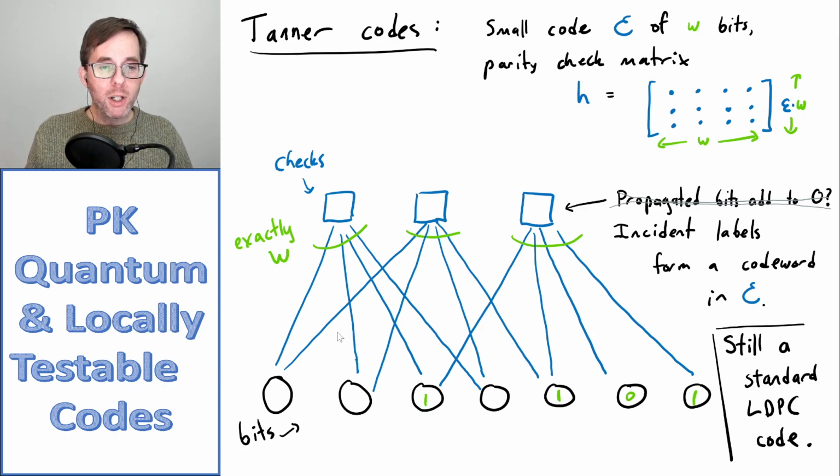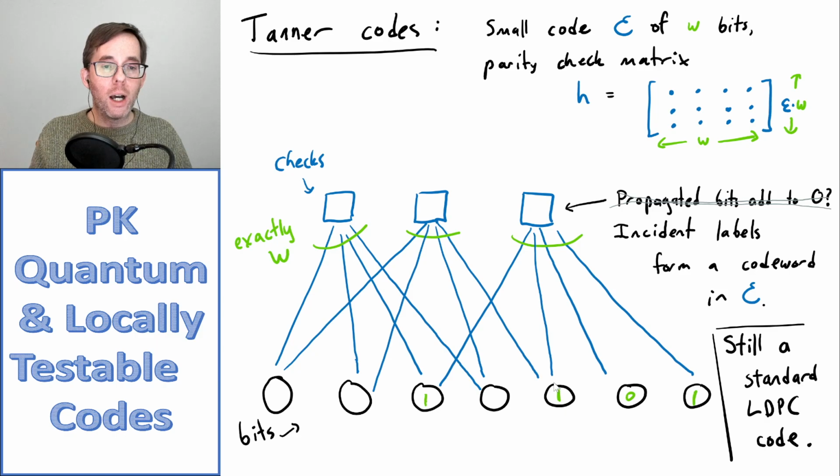Okay, so in a Tanner code, you again draw a bipartite picture like this, where you have these bits here, which will be the codeword bits, and you'll have these checks, which will again be depicted as blue squares. And let's now and for the future assume that it's regular, so every blue check is incident on exactly W bits, where W should be a constant. And in the previous picture of LDPC codes, we just said that a green labeling down here of zeros and ones is a codeword